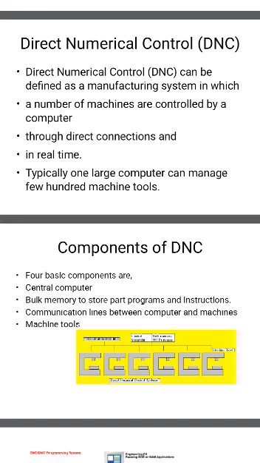A typical DNC can be used to control more than 100 separate machines. So it can control a number of machines with one system, that is one computer. How it works: it gives commands to the different machines on what to do. With one system, it sends the program to each machine, telling it what to do. Like that it controls each and every machine.